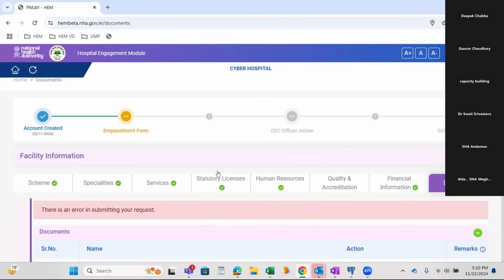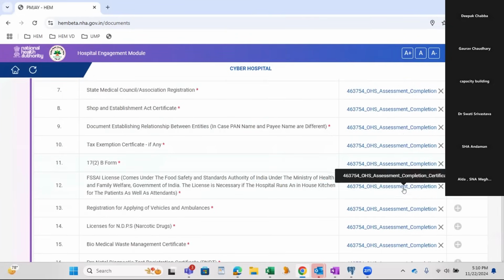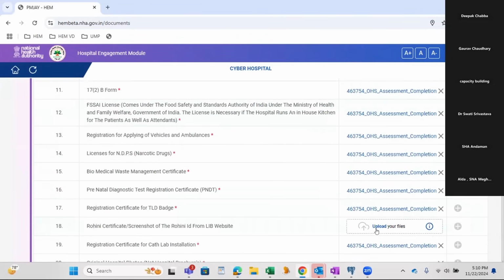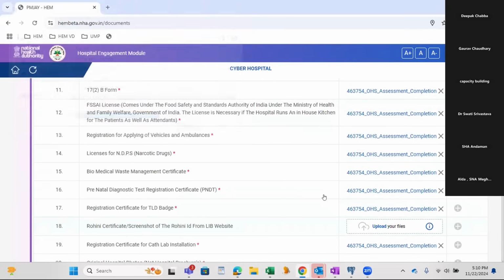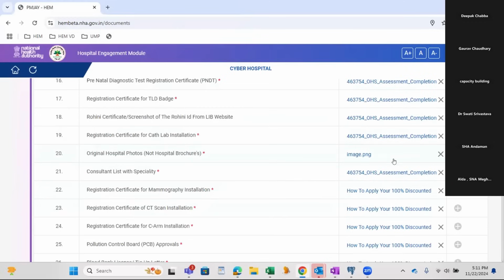Okay, I think I missed something somewhere. Let me remove this.